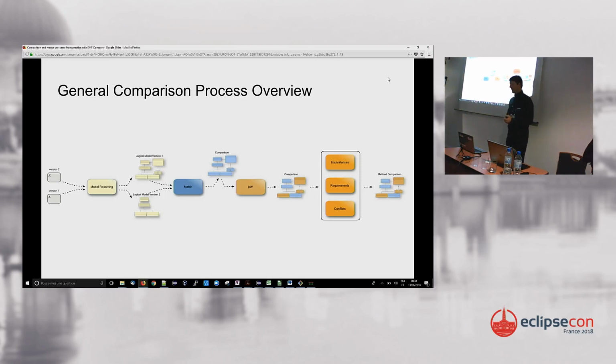Then there is the match phase. You have several versions that you want to compare, at least two, sometimes three, because there is a common ancestor to the two versions you compare. And you need to match the elements in one version of the model with the elements in another version. One straightforward way to achieve that is to use XMI IDs when you compare XMI models, because if you have XMI IDs, you know that an ID uniquely identifies one object, and any object with this ID is the same in any resource. So you can use these IDs to match objects, and that's very fast,